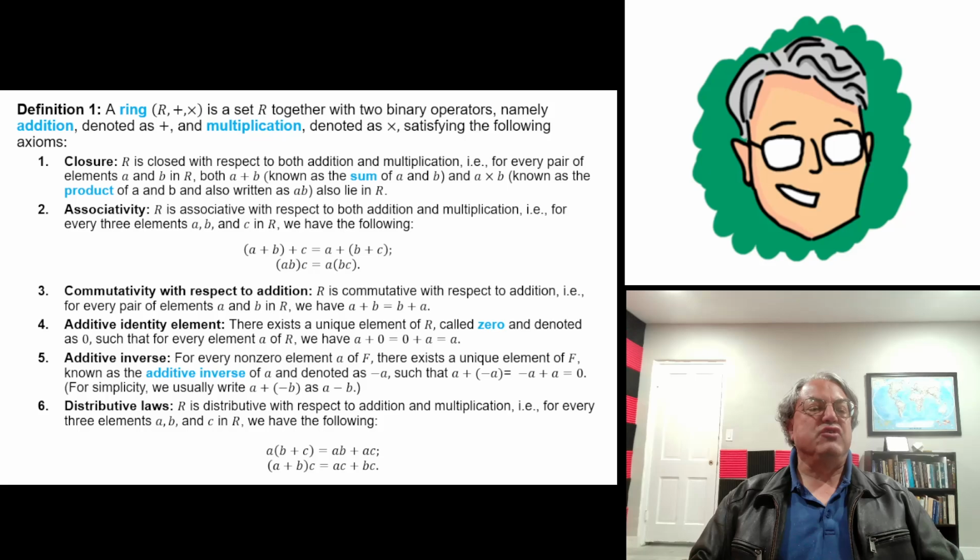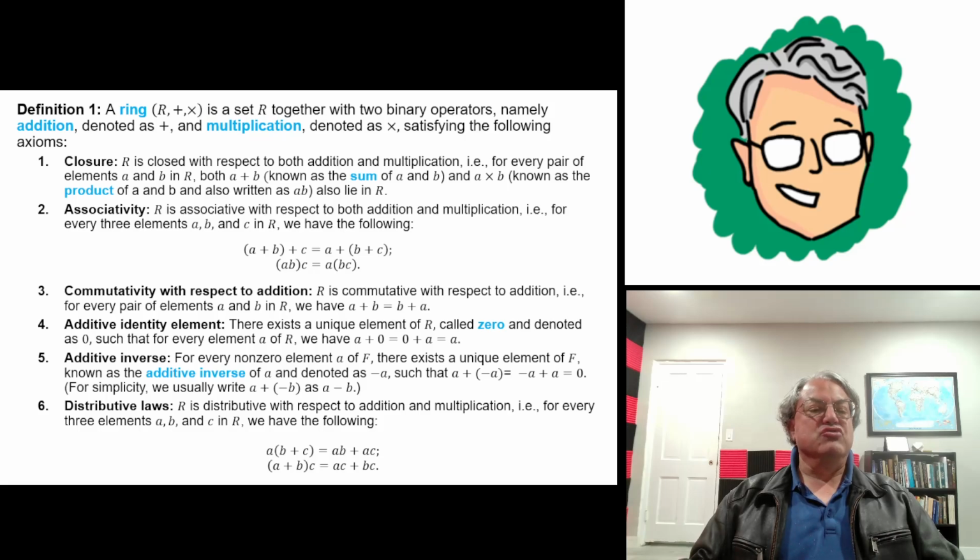First, I'm going to start with a bunch of definitions, and some of these are rehashes of definitions I've already given you. So now I'm going to redefine a ring. I think I already defined rings before, but I'm going to do it here anyway. This is a little more detailed definition of a ring. A ring is a set with two binary operations, which we call addition and multiplication. Here I'm using plus for addition and times for multiplication, and it satisfies these six axioms.